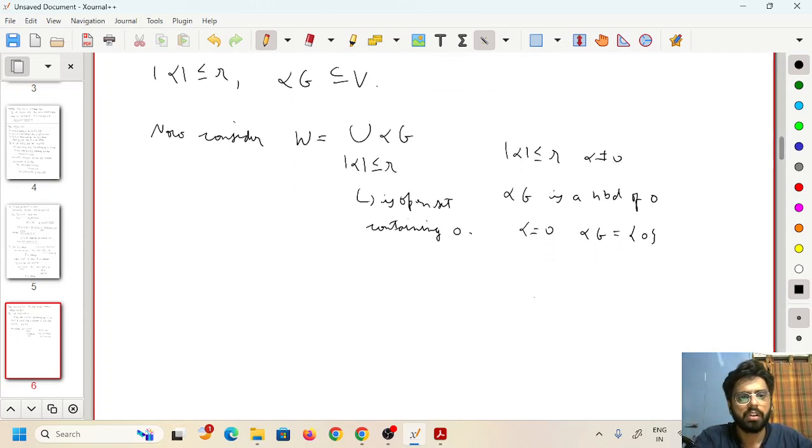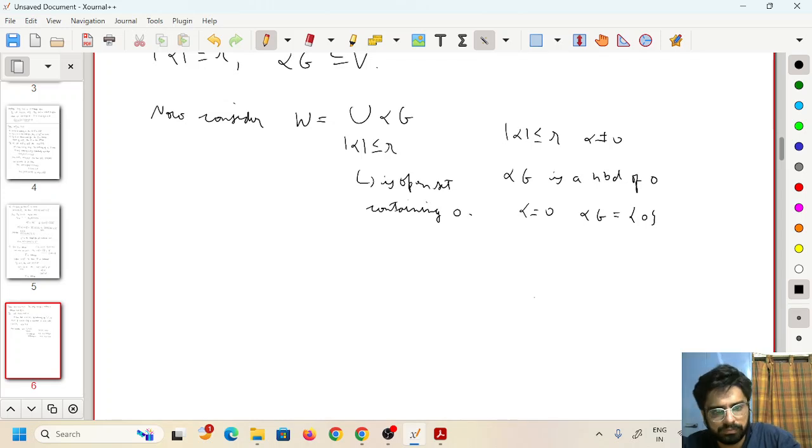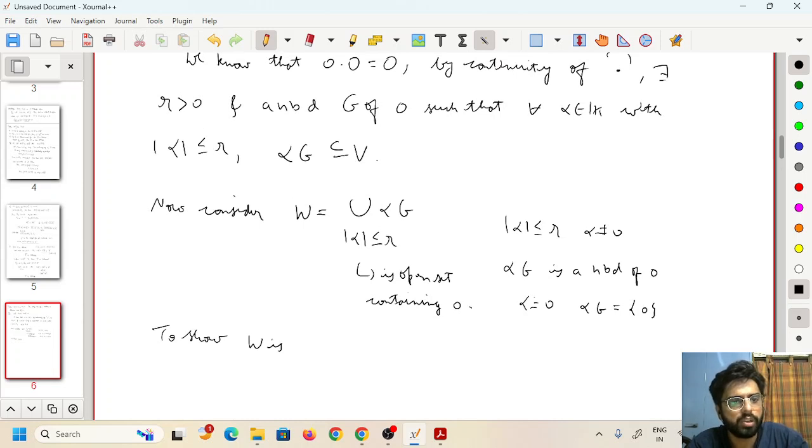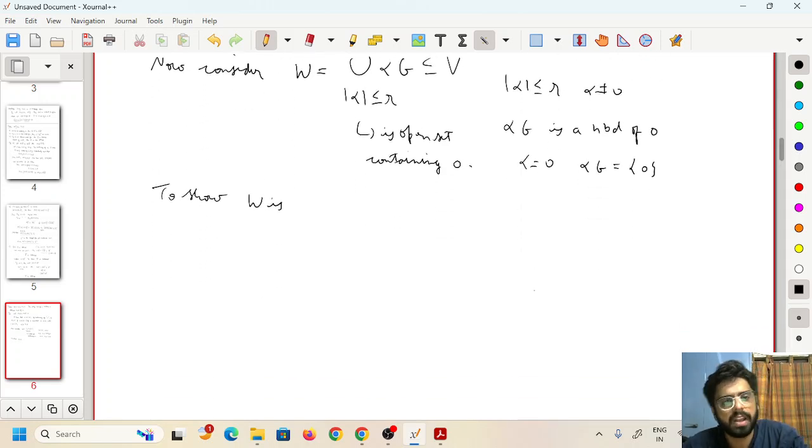Now we show that W is balanced. To show W is balanced, note that each G alpha is contained in V, so this union of G alpha is also contained in V, hence this W is contained in V. So if we show W is balanced, then we are done. So to show W is balanced,